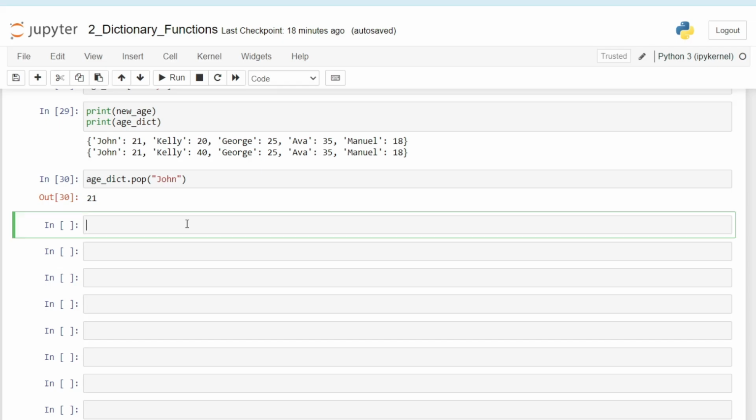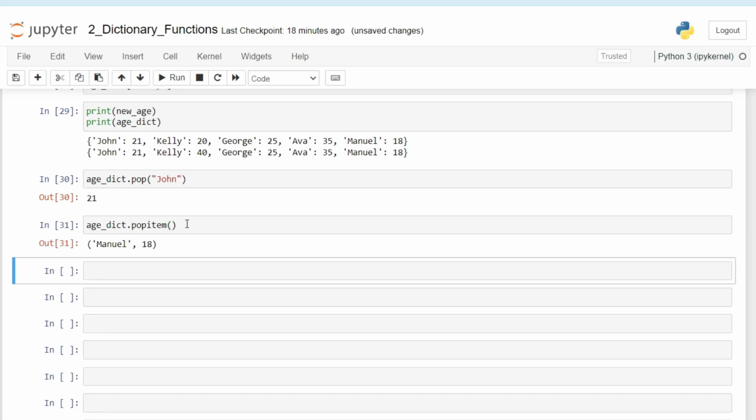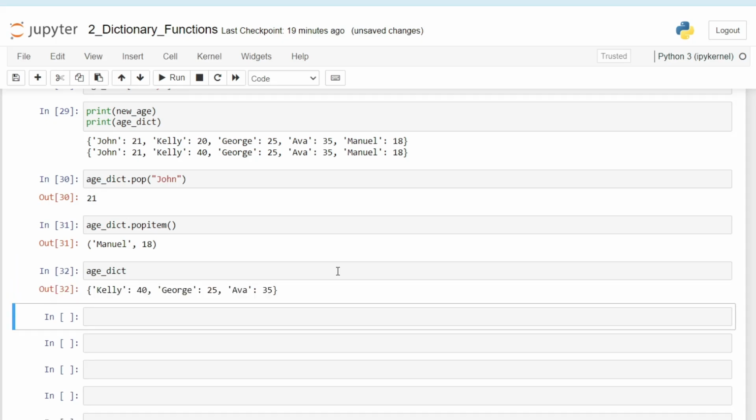And another way to delete a record from a dictionary is using the popitem method, and this method automatically deletes the last record from the dictionary. And similar to pop, it also has a return value which is the record's key value pair, and we can see here that it outputs Manuel and 18 because Manuel is the last record from our dictionary. So now if we check our age dictionary variable, we can see that we only have three records: